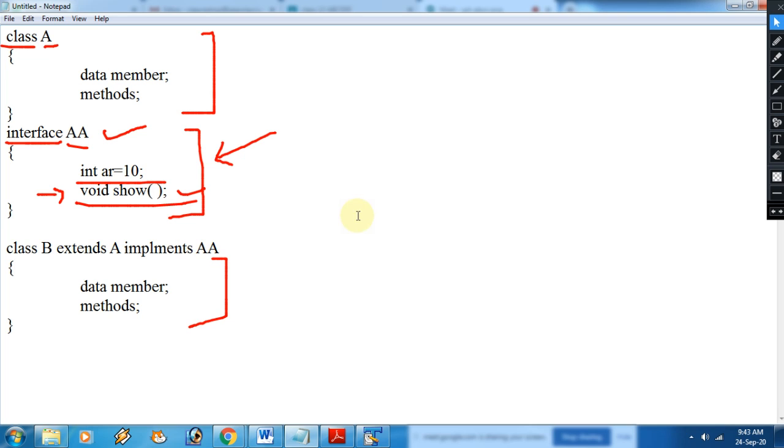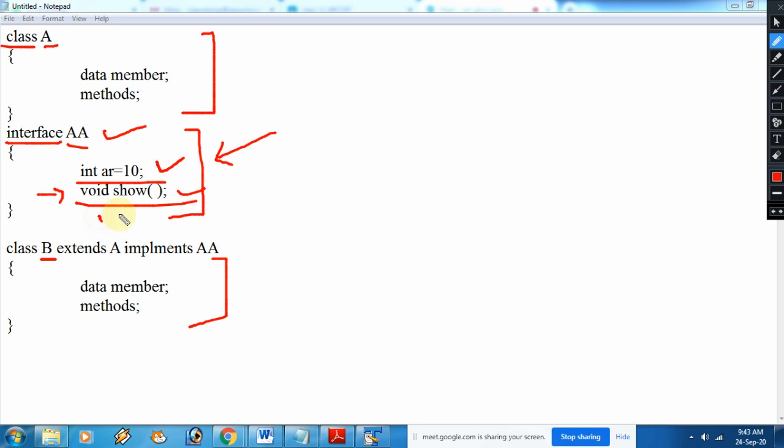So now in this class, the third class, that is B, we can access this variable as well as this method. And we are supposed to write the definition of void show in the subclass, in which we are inheriting as well as using implements. Means we are using two classes in a subclass. So this is the way to use implements as well as extends.